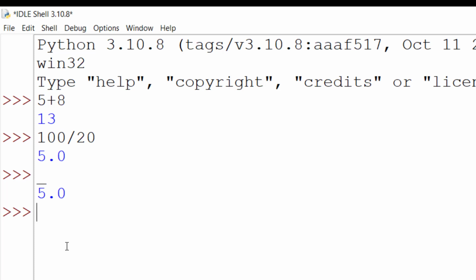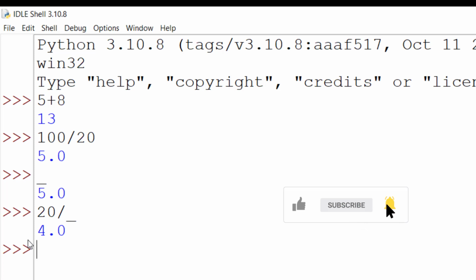And the second note is this, that you can use this underline operator to do further calculations. For example, suppose that I want to calculate 20 divided by the answer of the last calculation. So I mean the ANS variable. In order to do so, I can use the underline, which basically means the ANS variable. So now once again, if I run the code, you can see the result is 4, because 20 divided by the answer of the last operation, which is